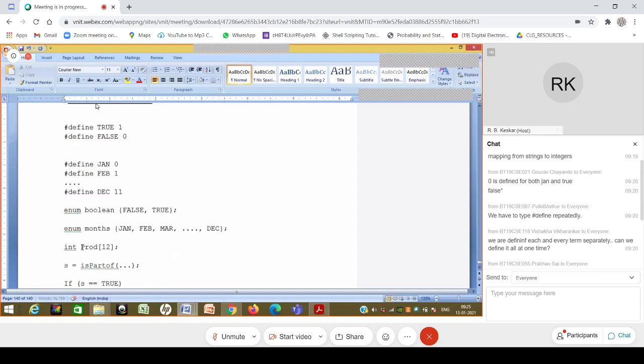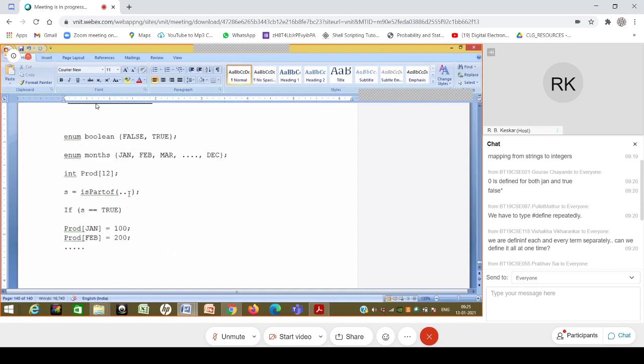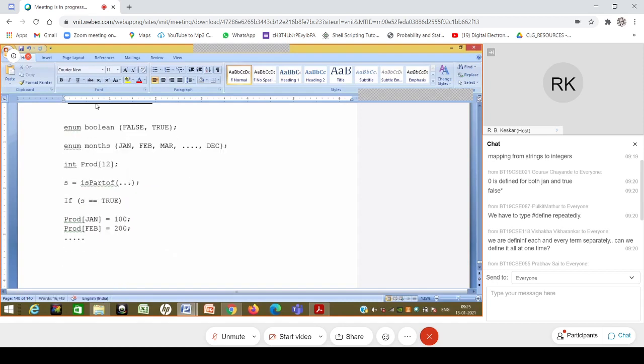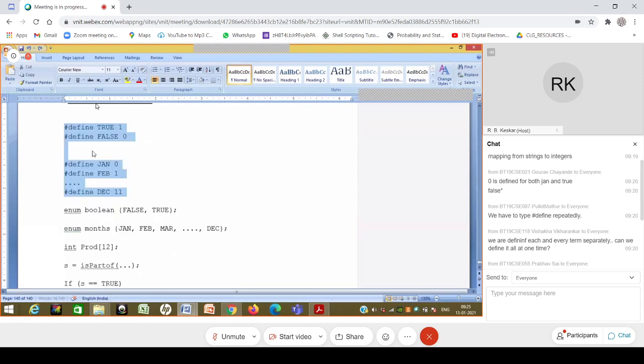Now, two things have happened here. The first moment I do that, I don't require this. This is in lieu of that. So instead of doing this, I am defining enum boolean over here.